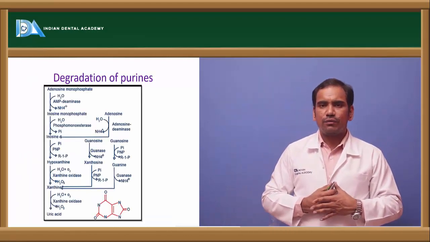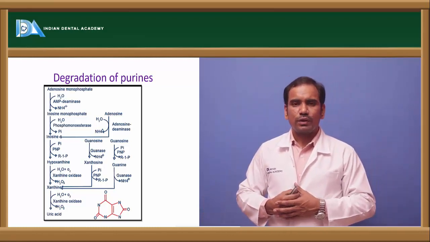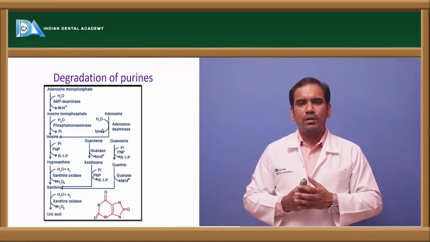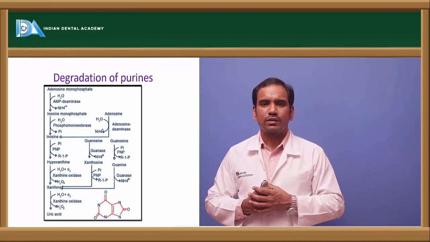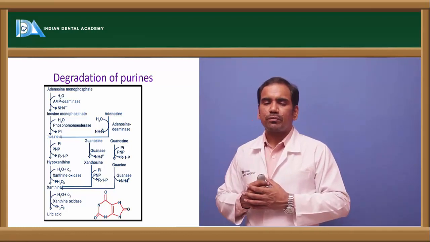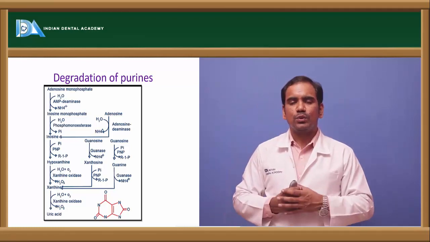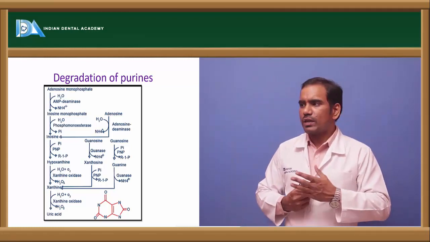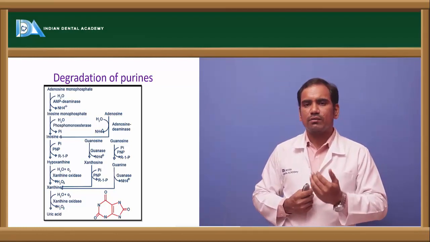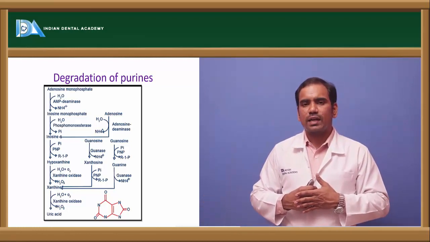And coming to the degradation of nucleotides, the degradation of purines, how are these purines degraded? The end product of purine catabolism is uric acid. Whenever a purine undergoes catabolism, the end product you get is uric acid. AMP, IMP, and GMP can be converted into uric acid when they undergo catabolism. For example, adenosine monophosphate, by the action of the enzyme AMP deaminase, is converted into inosine monophosphate. That inosine monophosphate, in the next reaction catalyzed by an enzyme called